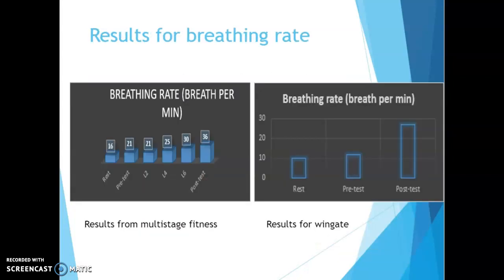As seen before, here are my graphs for breathing rate, however, I'll just go into a bit more detail now. As we can see from both tests, from rest this is quite a low level of breathing rate, as explained, since the muscles don't have a larger demand for oxygen, which would be supplied by a faster breathing rate. For the multi-stage fitness test, as each level goes on, there is a steady increase in breathing rate, which shows that as the muscles begin to fatigue and the ATP levels lower, there's a demand for more oxygen, which